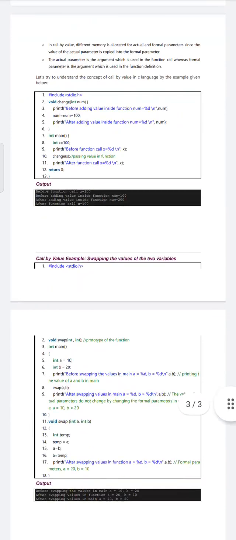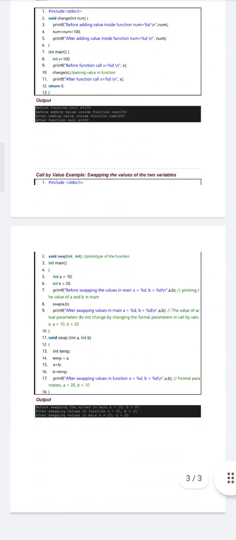Similar to the above, the below program is also there: swapping the values of two variables. Swapping means what? Interchanging, the values are interchanged from one variable to another variable. In the main function just two variables are given before swapping the values: a is equal to %d, b is equal to %d. We have called swap of a, b with two variables. As the function name and arguments match, the void swap function will be called.